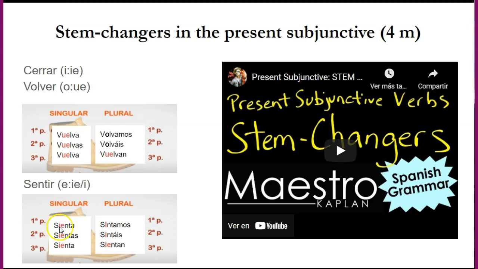So in the yo form, tú form, él, ella, usted form, it undergoes that stem change, right? Also in the ustedes, ellos, ellas form. And in the nosotros and vosotros form, it does undergo a stem change, but it simplifies to an I. Instead of an IE, it will simplify to an I. So those are the stem changes you're going to have in the present of the subjunctive.